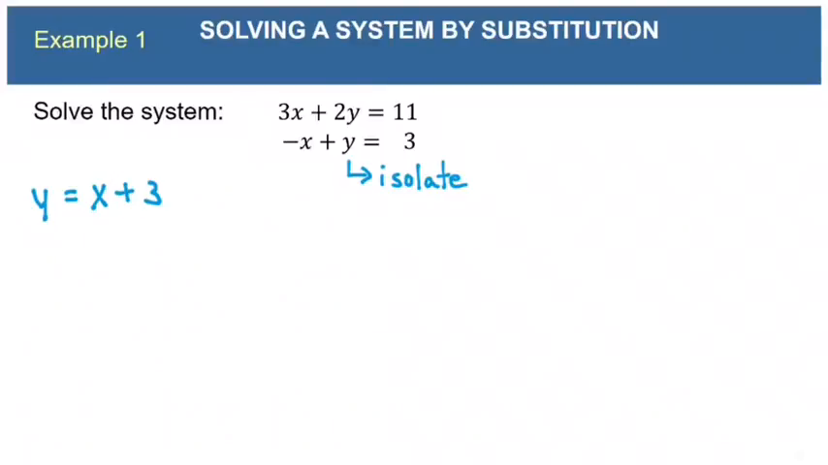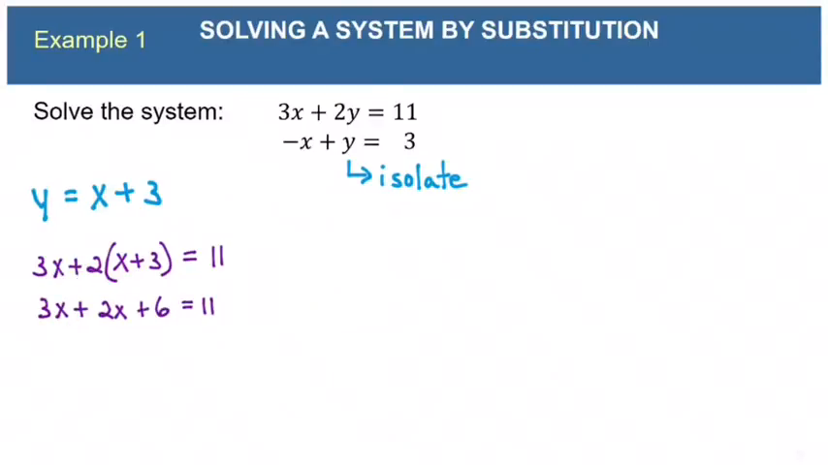That means we will take this negative x and move it to the right side, giving us the equation y = x + 3. Now we can take this x + 3 and substitute it into the other equation. You see, because this says y = x + 3, we'll put x + 3 in place of the y. So 3x + 2y becomes 3x + 2 times this expression, and that equals 11. You see how that eliminated the y variable,